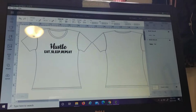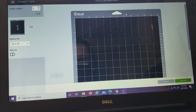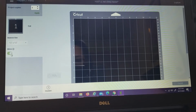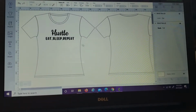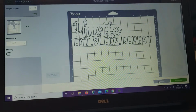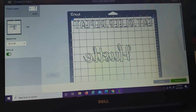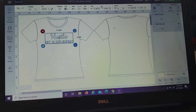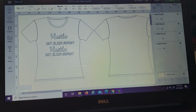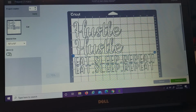And you have to go to, oops, you have to go to make it, and then you have to mirror your, let me change the color so you can see it in white, there you go, so you can see it and mirror it. Probably I'm gonna use this, I'll print 2 of this. So what you can do is hit this side, this part, duplicate, and you got 2 of them. So hit make it, and then it's not gonna work, so we're just gonna do it like that,